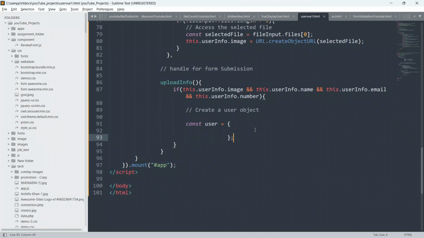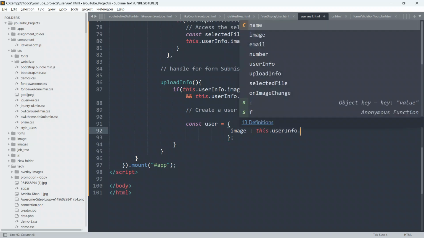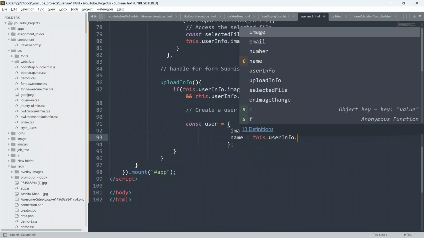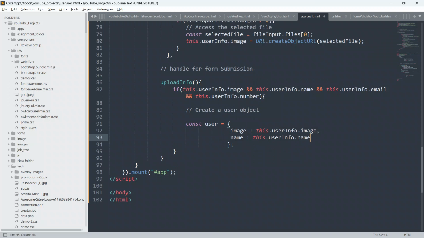So first close this, and we will say image, colon, this.userInfo.image, give comma, name and colon, this.userInfo.name, and give comma, and email and colon, this.userInfo.email, and put comma, I will say number.